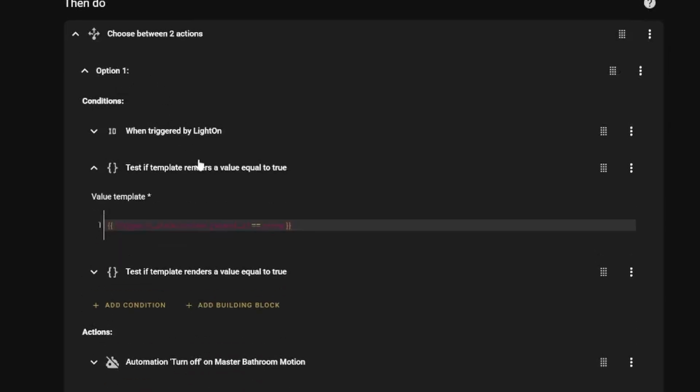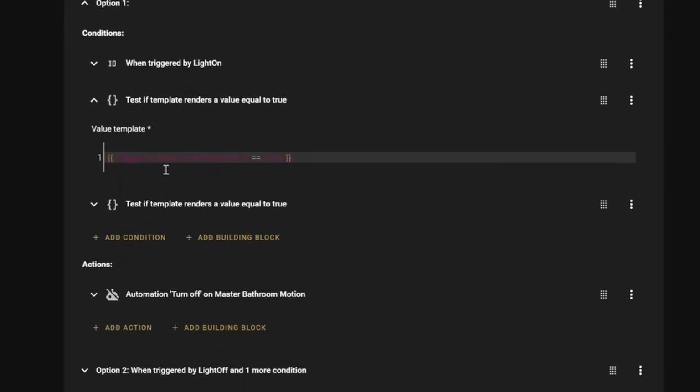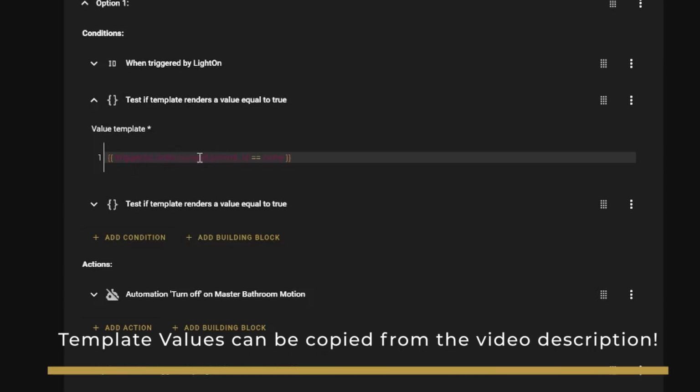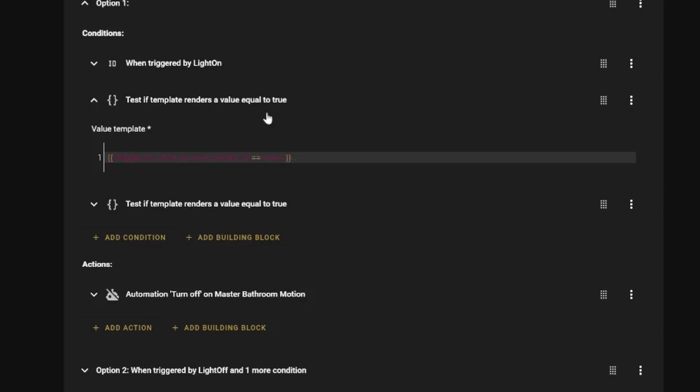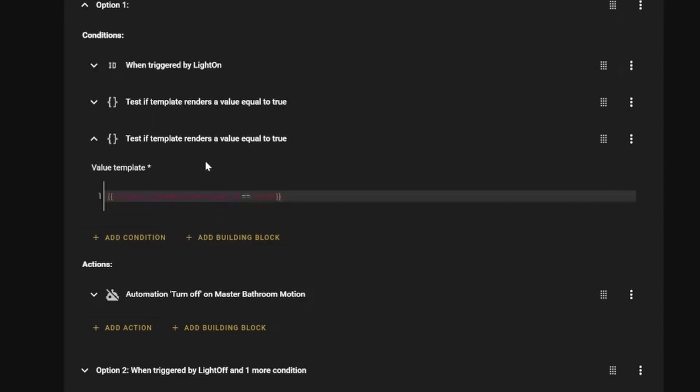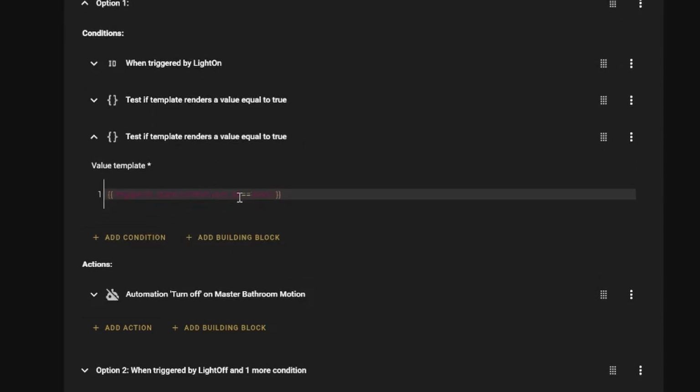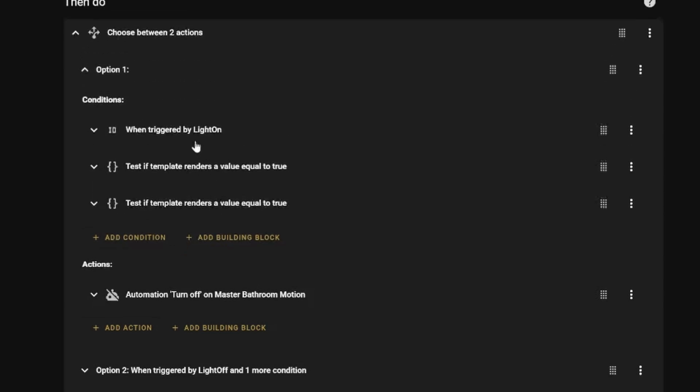Now our next condition is a value template, and this value template is looking at that context parent ID attribute. We're basically saying if the parent ID is equal to none, so it has to be none, then we can pass on to the next condition. The next condition is checking the user ID, which again is in that context attribute, and again, that needs to be equal to none. So what we're saying here is if the light hasn't been turned on by an automation and it hasn't been turned on directly by a user,